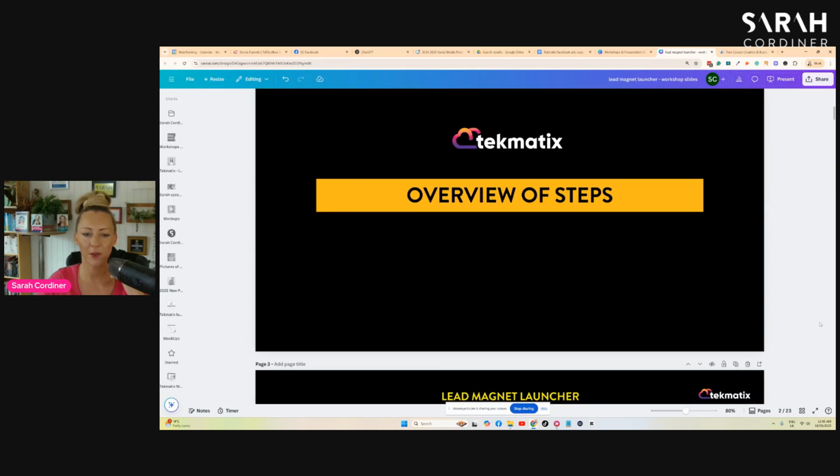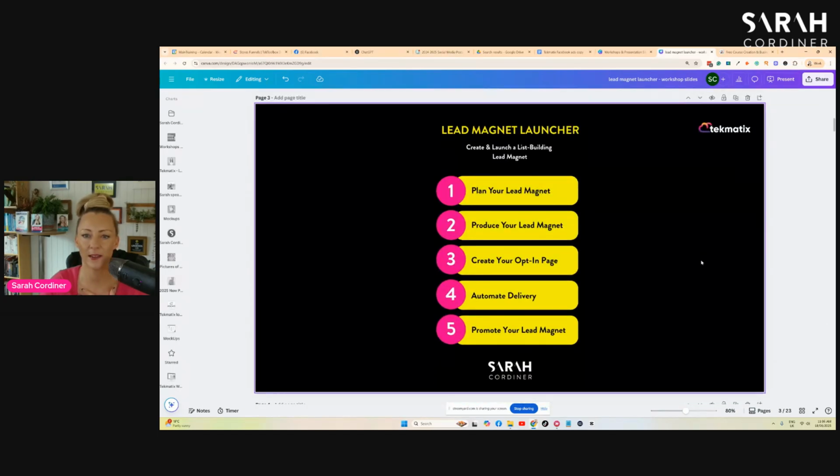So the overview of steps that we're going to go through today: first, we're going to talk about how to plan your lead magnet, i.e. what kind of lead magnet can you create, which one should you create, and how do you put it together. Number 2 is the production, the putting together of it. Step 3, creating your all-important opt-in page. Then step 4, how do you automate the delivery of the thing that you are putting out there for free